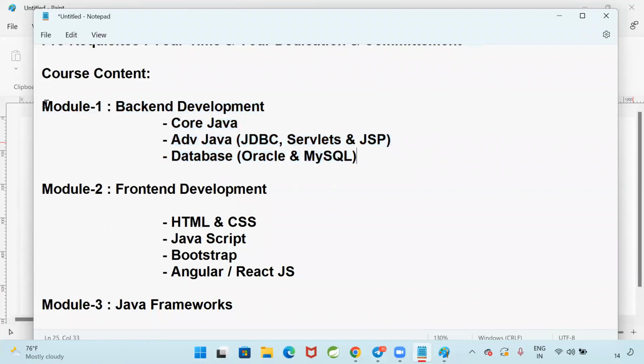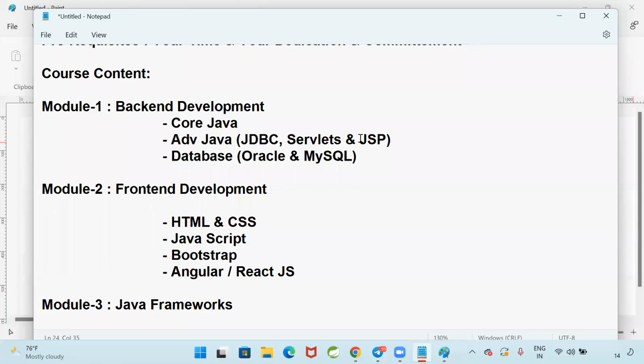In those 3 months of time, core Java is going to take more time. Core Java, the fundamentals of programming, is going to take more time. So core Java is going to take minimum 2 to 2.5 months. JDBC, servlets, JSP are not needed.